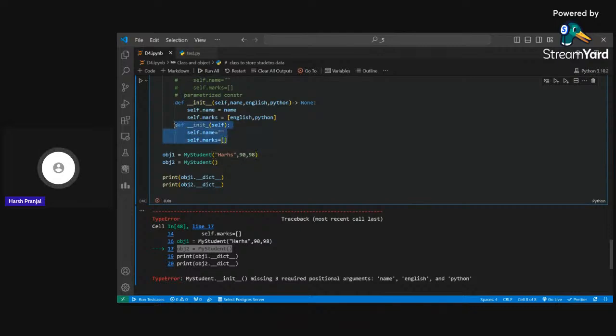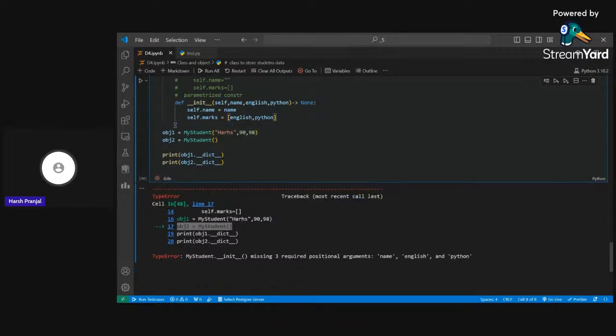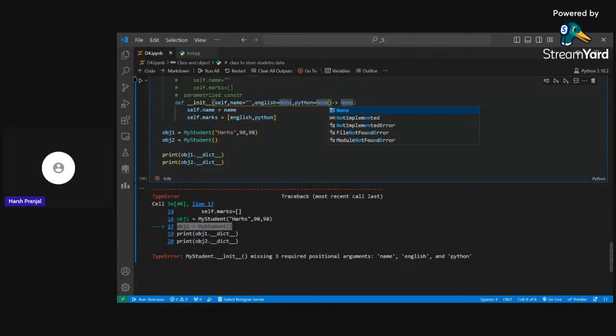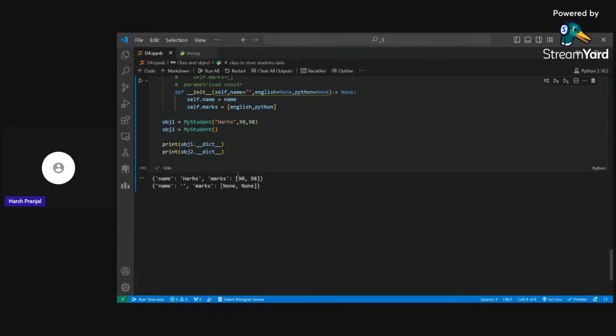Okay. So suppose you want to modify your particular constructor to accept all these kinds of values. We have seen this, right, with the use of a default constructor? For the default constructor, I will provide it with null values. With English, I will provide None. Python, I will provide None. Let's see, in this case, it constructed us a particular